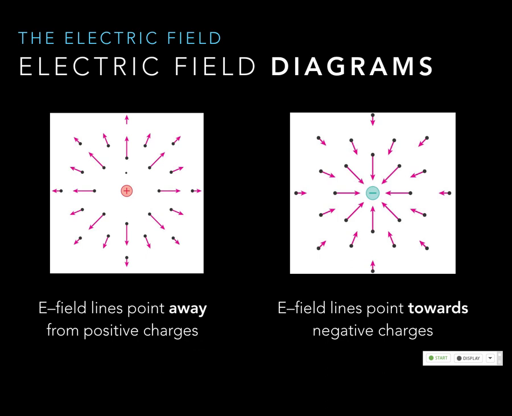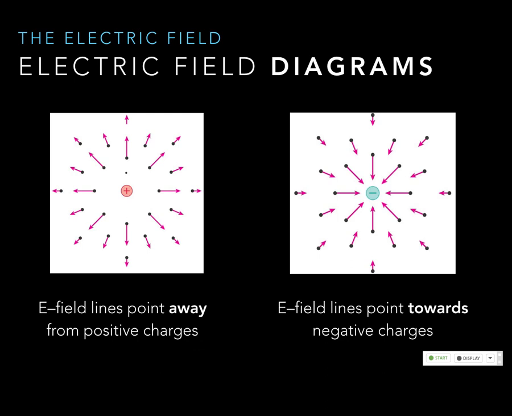Okay, and you're going to say, well, we lost some information there because the vectors told us the magnitude. But you didn't, because of a couple rules for the lines. They start on positive charges. They end on negative charges. If the lines are closer together, you can assume the vectors are bigger. If the lines are farther apart, the vectors are smaller. So the density of the lines gives you the magnitude of the vector, and the direction tangent to the lines gives you the direction. So you get both things from the vector field that you can get, but they're easier to draw.